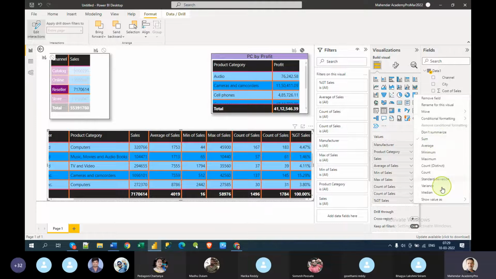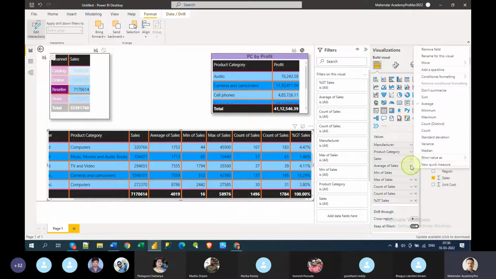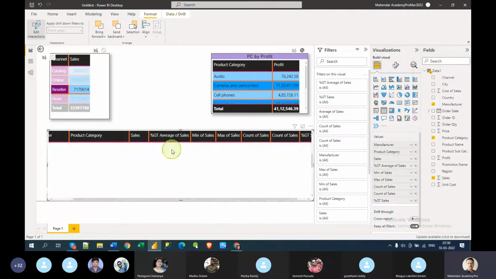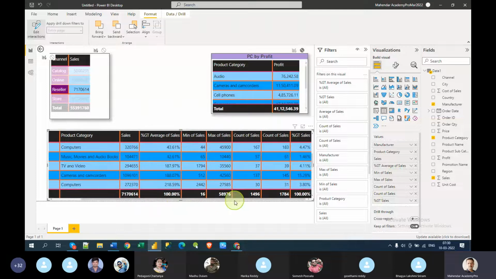This is actually sum and the percentage, but I can also do average percentage, minimum percentage, maximum percentage. I can do anything. Let me show you average percentage. Now average becomes percentage. Now maximum percentage, minimum percentage, everything that you can calculate into percentages.